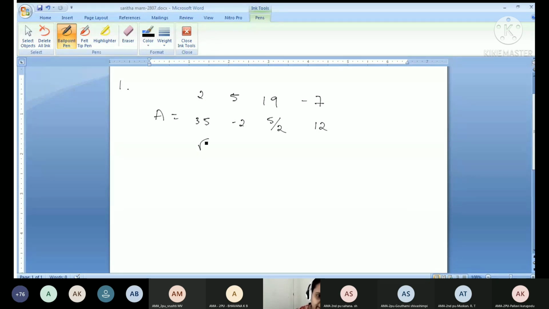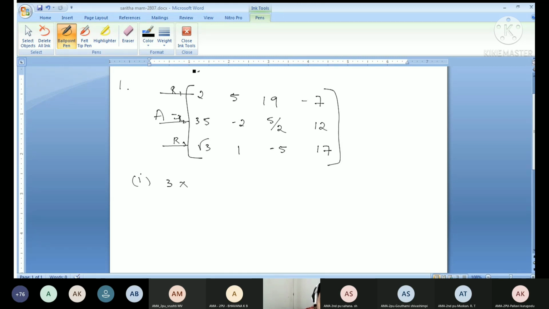What is their question? First bit. The question is the order of the matrix. They're asking what is the order of this matrix. Now you already know how to find order, still I will tell again. You have first row R1, R2, R3. So 3 rows are there. 3 by how many columns? First column, second, third, fourth column, 4 columns. So your answer is 3 by 4. Only this much. You don't need to write R and C like that. Just what is the order? 3 by 4. You can know as soon as you look. It is 3 by 4.